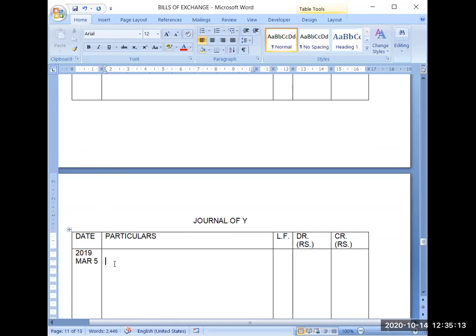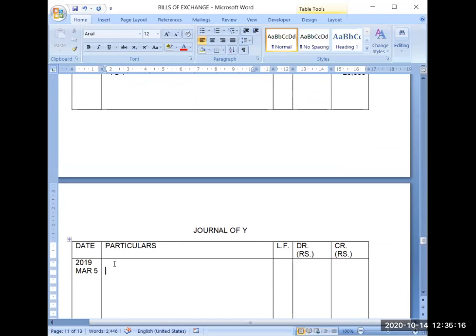And now what has been done, he has given acceptance to X. So X will be debit, X debit 26,000. He has given the acceptance, so it will become bills payable for him, to bills payable account, $25,000,